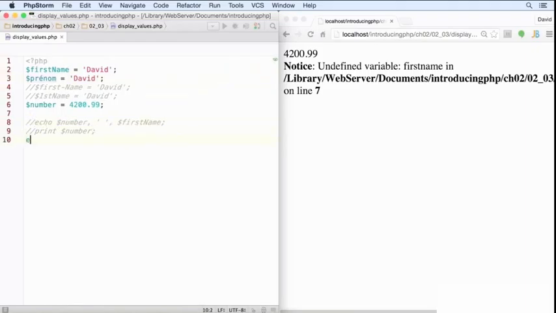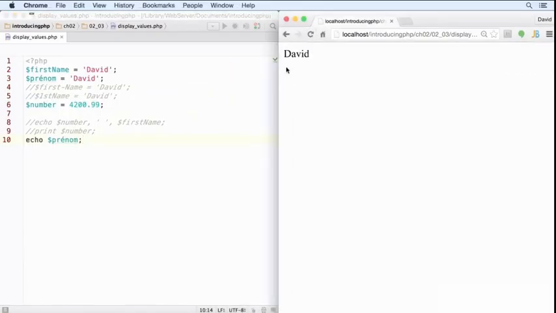And we'll use echo at the end with our new French variable, prénom. Put that semicolon on the end, save, and reload the page in the browser, and it has displayed the value of prénom. So that concludes this basic introduction to storing text and numbers in variables, and then displaying their values